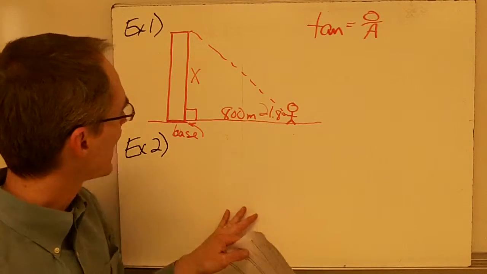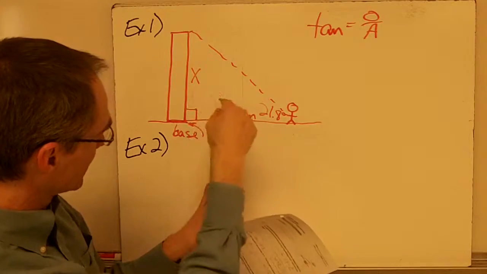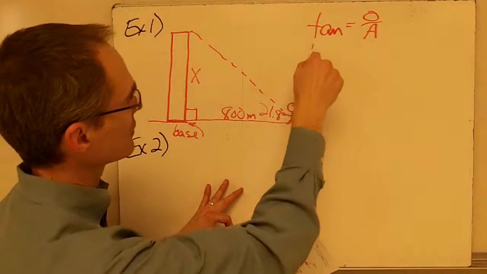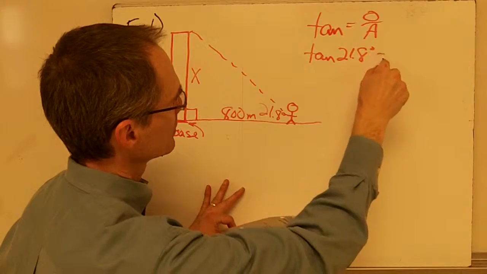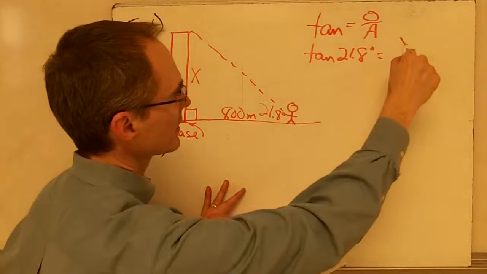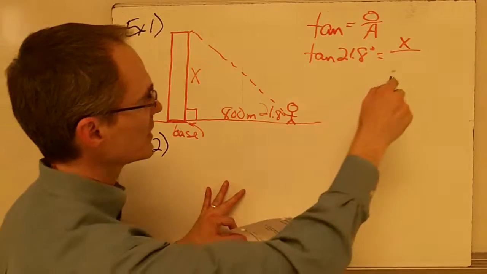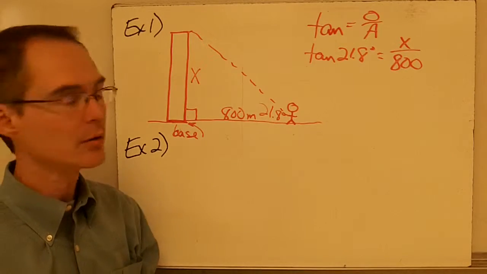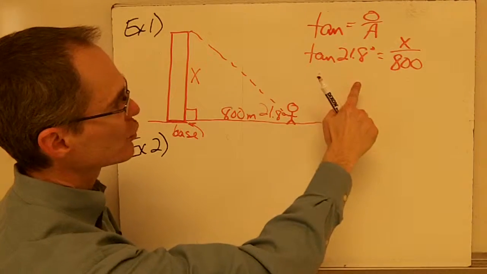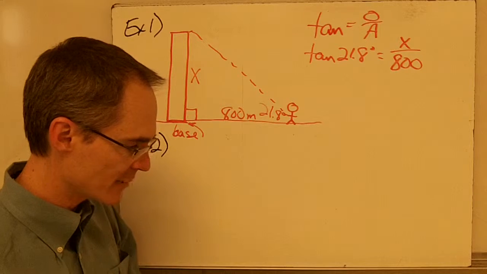Now I just fill in my missing information. I fill in all of my information from the triangle. So tangent of what angle? 21.8 degrees equals opposite is x, adjacent is 800. And now I just need to do a little bit of arithmetic. Tangent of 21.8 degrees, if I punch that into my calculator,